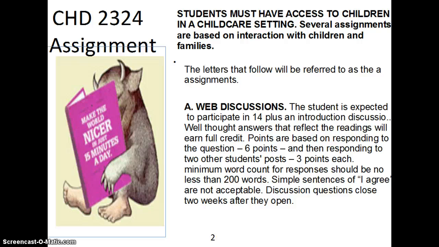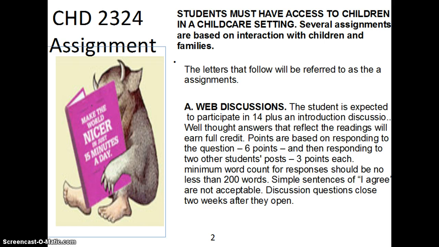The ongoing assignment is web discussions. We can't have in-class discussions, so you will communicate with each other on the discussion boards. This is 30% of your grade. You will respond to the discussion topic with anywhere from 300 to 500 words, although I do not count words. I look at the quality of your response. You will then respond thoroughly and completely to 2 of your classmates, anywhere from 100 to 200 words.